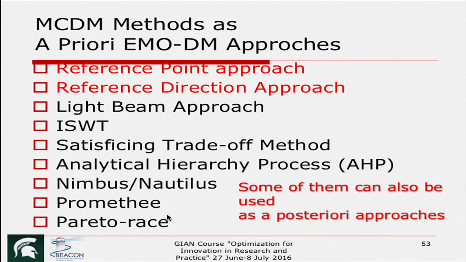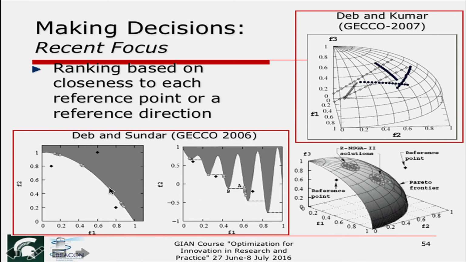Okay. So for a priori approaches, as I said, there are books. I've just given you a few names. Reference point is very popular. Light beam is another popular one. Some of these things are also popular. AHP is really a very, very popular method. Nimbus from Kaisa Miettinen is also very popular. So these are popular approaches. Okay, so as I said, let me just talk a little bit about the reference point, because that's a nice